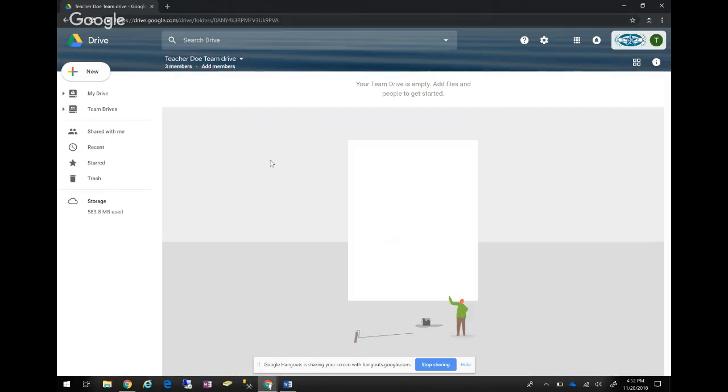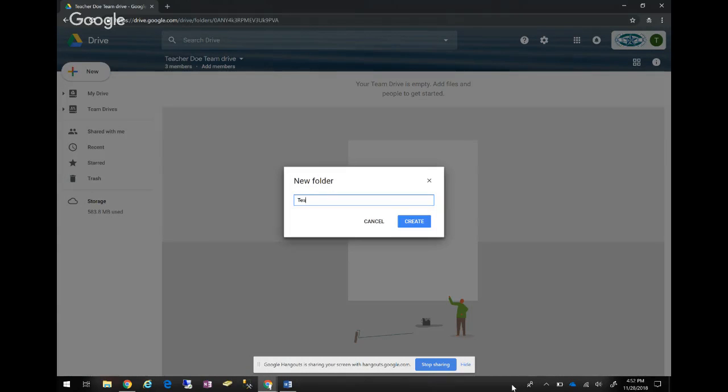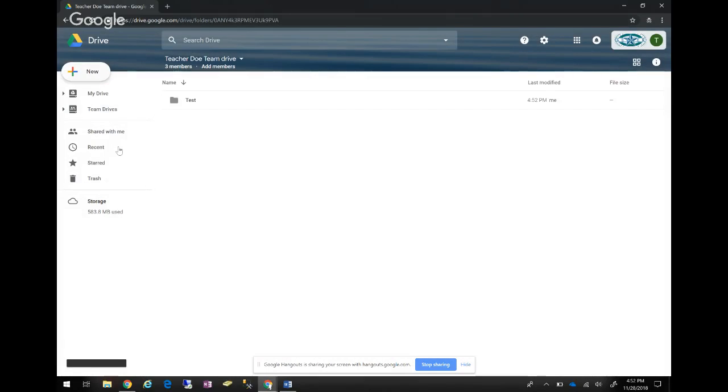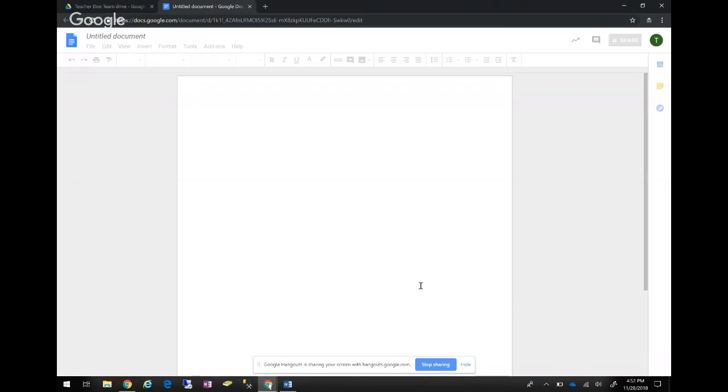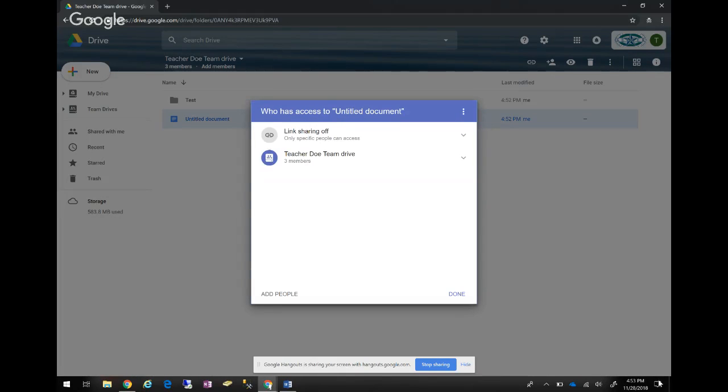Let's just add a folder, and we'll add a Google Doc in here as well. So now I have a folder and a document in my team drive. If I wanted to share this document with a specific person that's not part of the team, I can do that. Or I could get the link just like we could from My Drive, but I cannot share